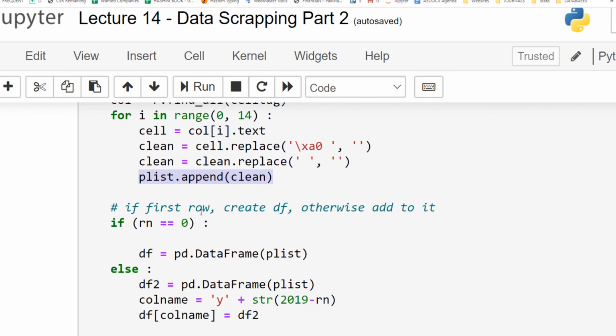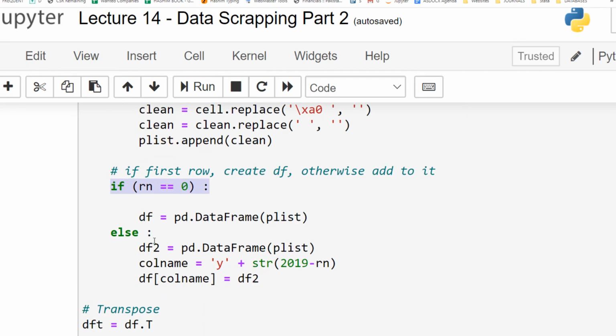So if first row, create df, otherwise add to it. So we say if it is row number 0, we create a data frame. Else, this data frame is created column by column.